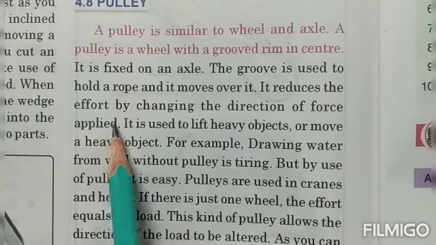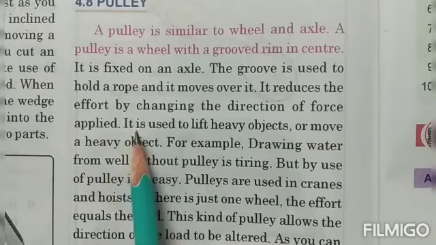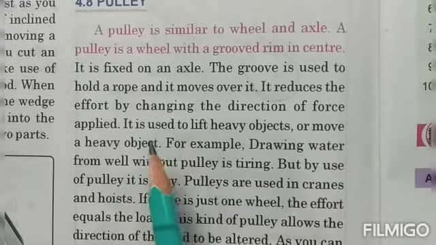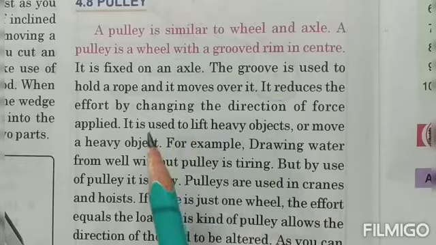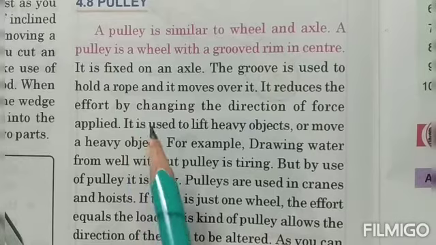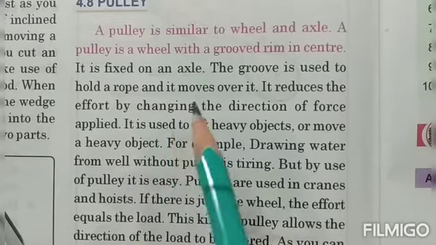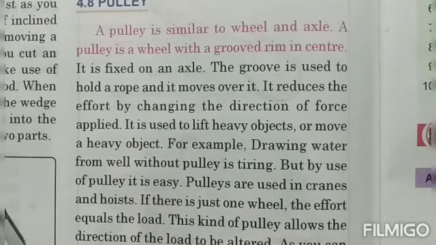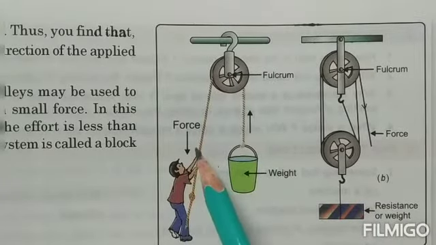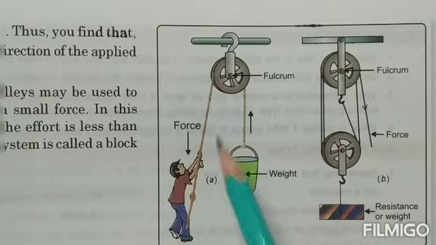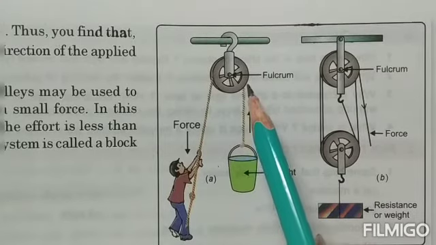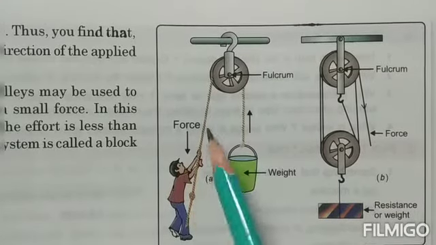Now in a pulley, children, the effort is being applied in a different direction and the load gets pulled up in a different direction. So this change of direction actually happens by pulley, because it is always convenient to pull something in the downward direction rather than pulling it in the upward direction. Have a look at this picture, children. The person is trying to pull the rope in the downward direction, so the load is coming in the upward direction. So this is an easy direction of pulling the things down.